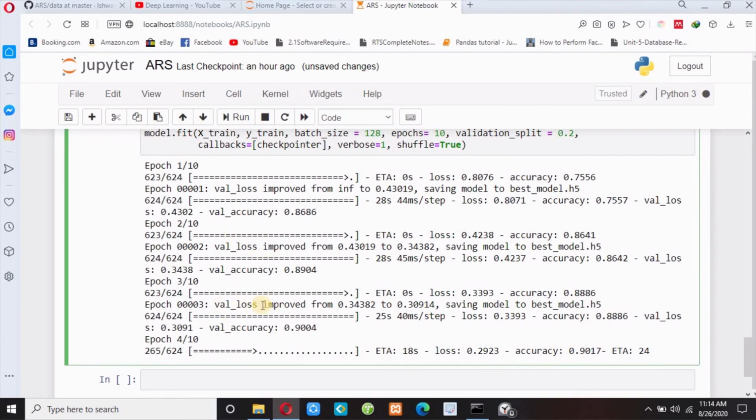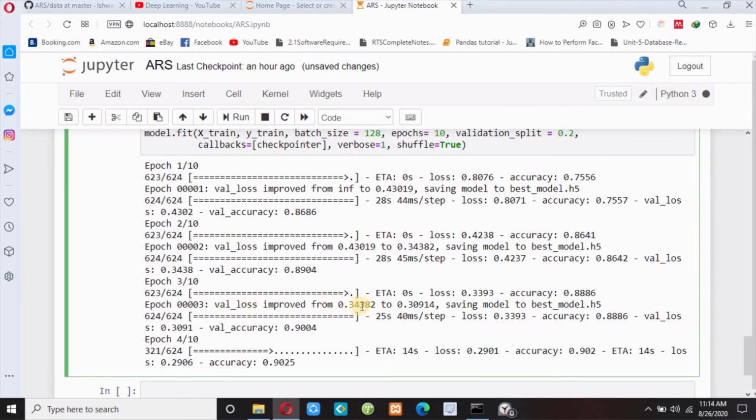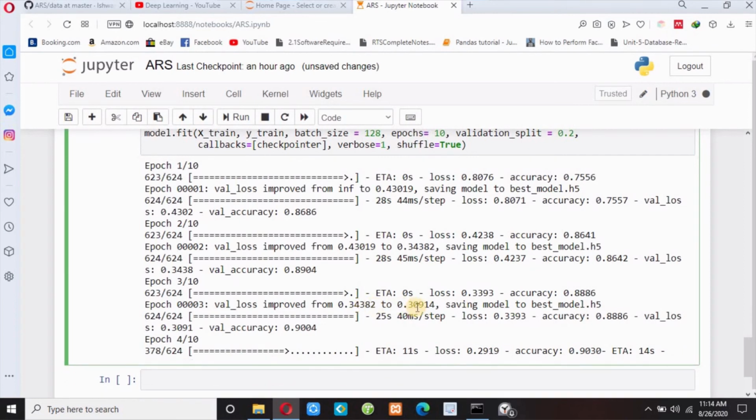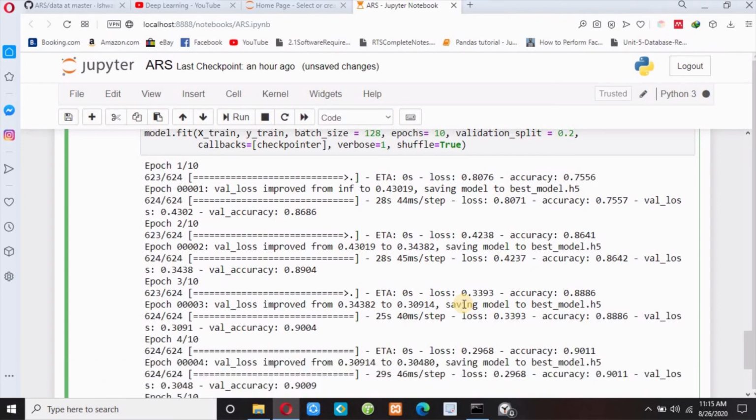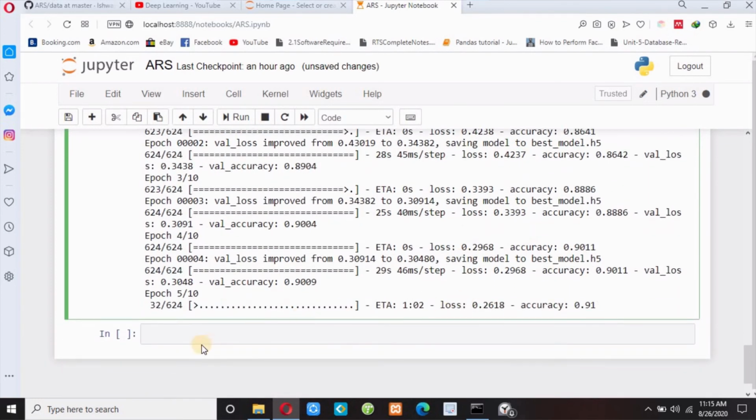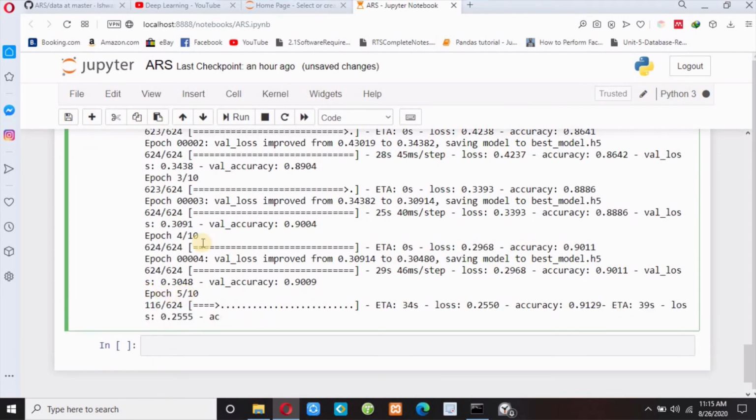So val loss improved from 0.3438 to 0.30914, and saving model to best model.h5. So in this best model.h5, it will save our best model, where there will be less loss and more accuracy. And now it is epoch number 5. So it will iterate over my data.